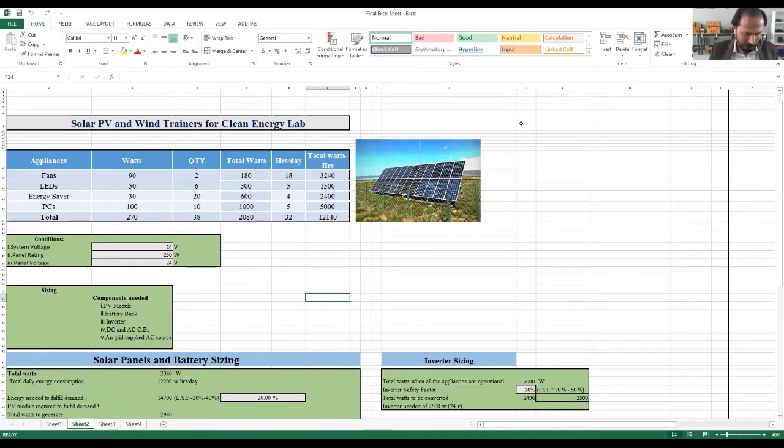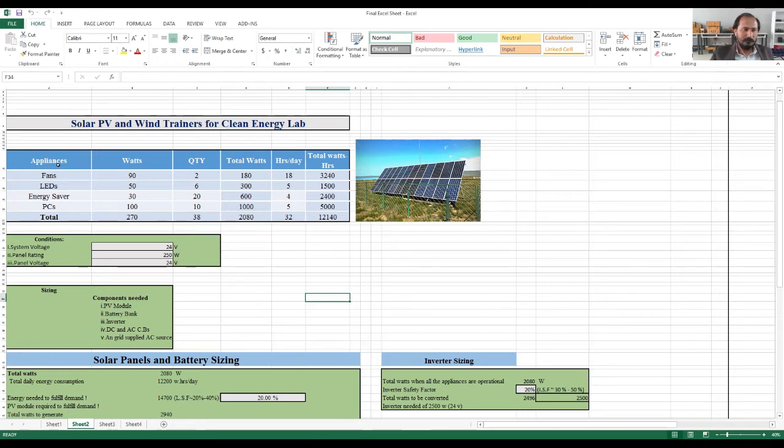Here is the Excel sheet which I discussed in the PPT, showing how we decide the rating of each circuit breaker, inverter, and PV module, that is battery bank, inverter, and DC and AC circuit breaker. You will even know how we decide the size of a wire. This is the solar PV and wind trainer for the clean energy lab.